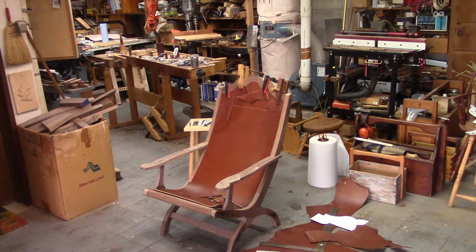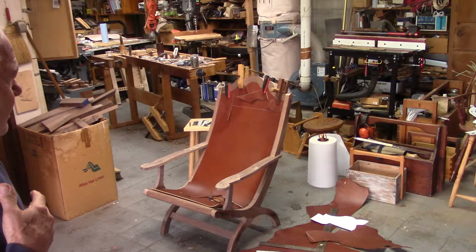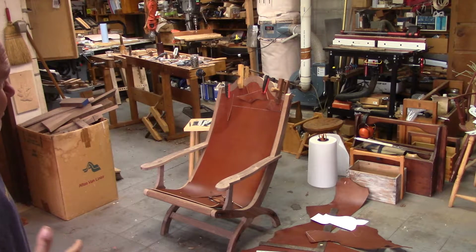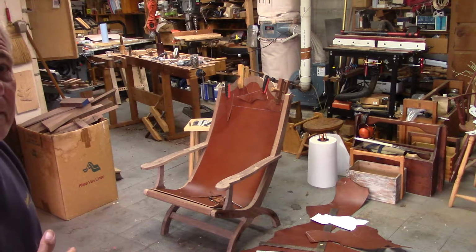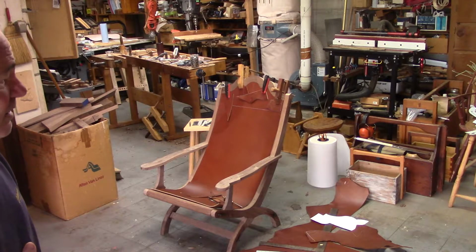Recently I've been working on this Campeche chair, which is shown in the background. It's now glued up. It hasn't been finished. It hasn't been shaped and filed and scraped and so on, sanded and finished. I'll need to do that before I actually fasten the seat leather. Now,